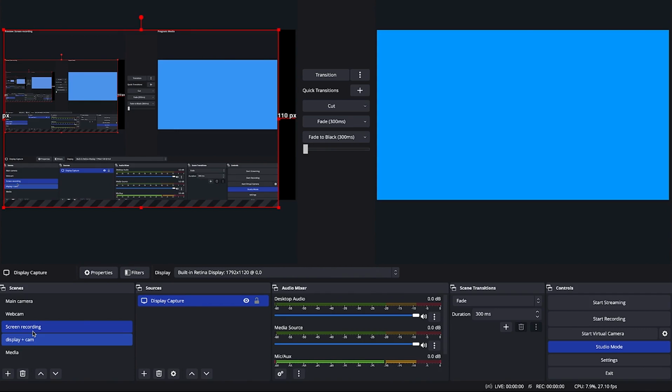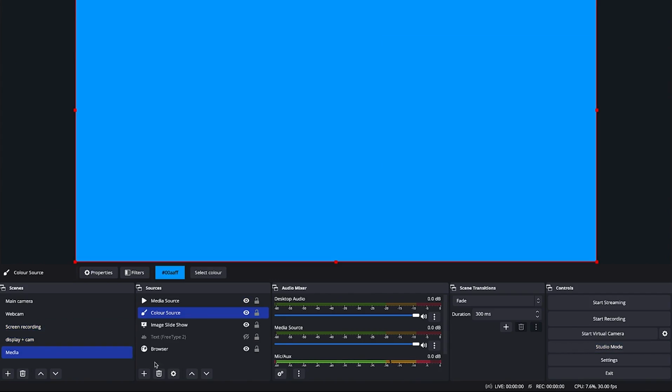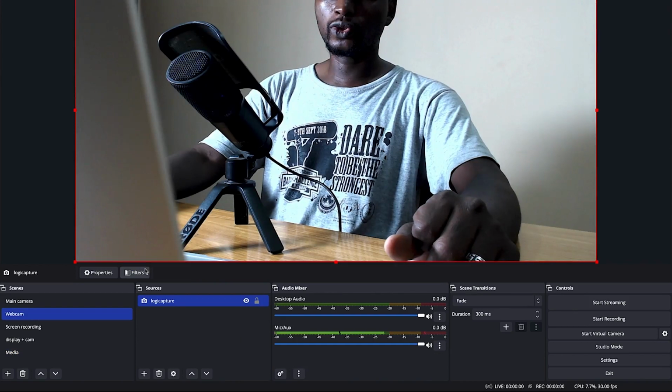Another thing I would like to show us is how to add filters, different filters to our display. For example, I can stop the Studio Mode, and I will try to show you how to add filters. To add filters, we can just come all the way over here. Assuming we want to add filters to our webcam, you can see me right now. I want to add filters to this. I can just come to the filters over here